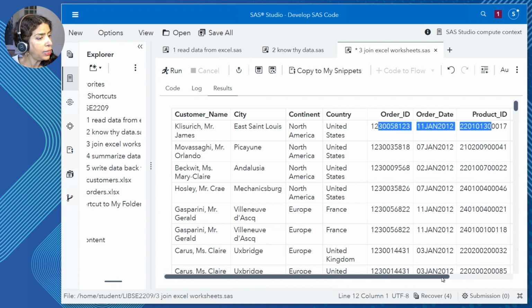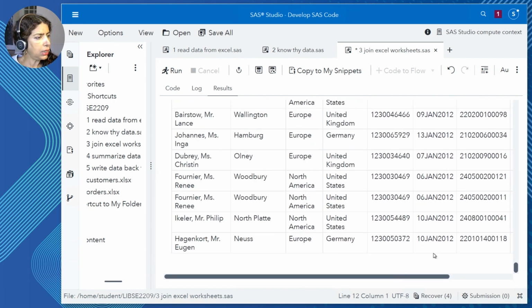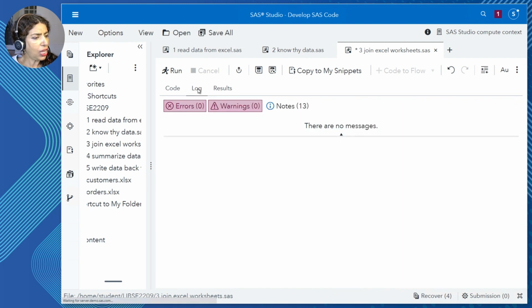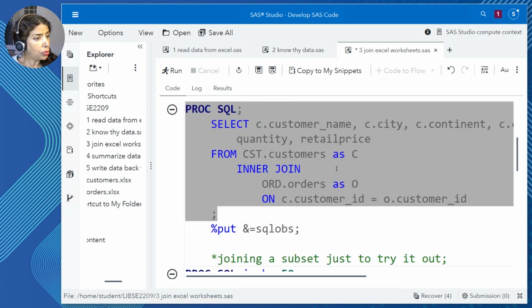I wanted to join these two tables to get every possible bit of information about my customer. And I can scroll down and see how many rows there are. But SQL is not very chatty. In the log, it just says so many observations, but it doesn't say how many observations are in the output report.